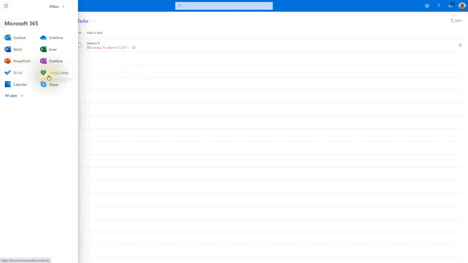Next we have the family safety. Now I'm not going to click on the family safety one, but the family safety is basically one place you go to and you'll see all of your family's email and other contact information, and you can actually send money from one person to the other. So if you needed to send money to your son, maybe he's overseas doing a trip, or maybe he's in the military, then what you can do is you can go in and click on Family Safety, click on his name, and then you actually are able to send money there once these are linked to your bank accounts.